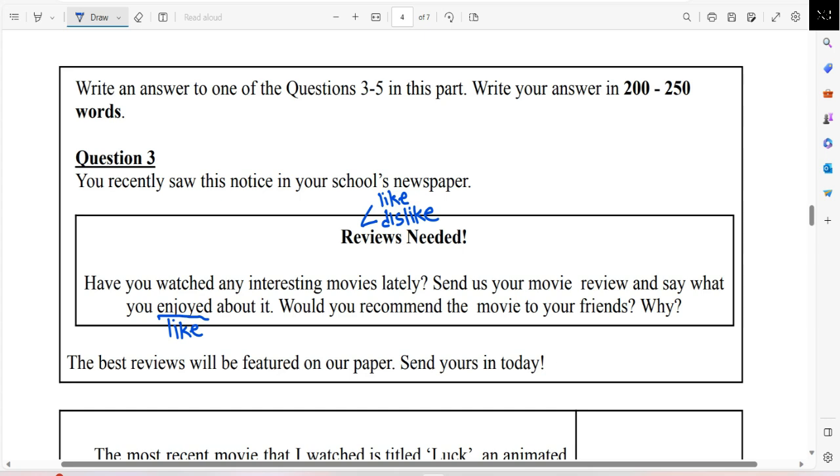It's a tongue twister, yeah? So it has to be in past tense, okay? Because let's say if we were to write a restaurant review, right? So it is already past. We have already been to the restaurant, we have already enjoyed the services, we have already eaten at the restaurant. So it's all in the past. So when you write your reviews, it has to be in past tense.